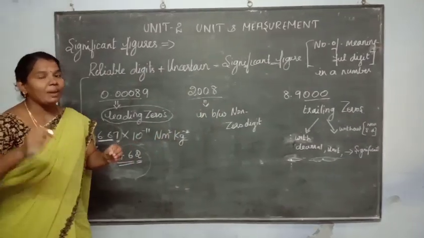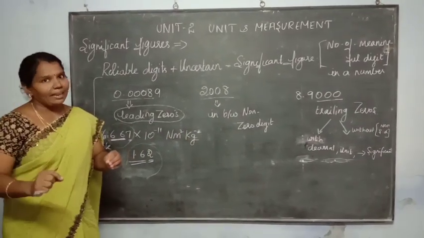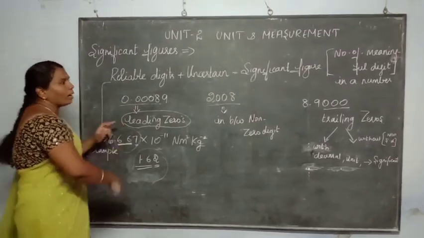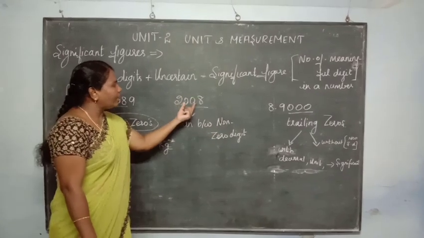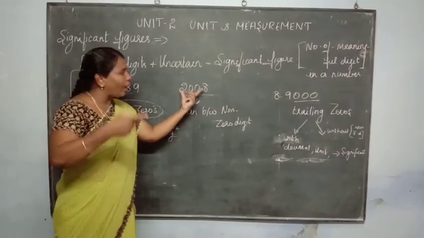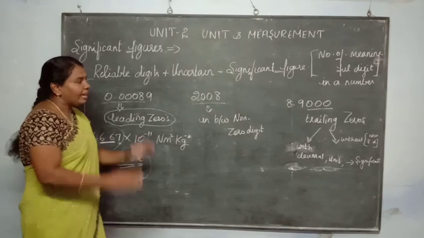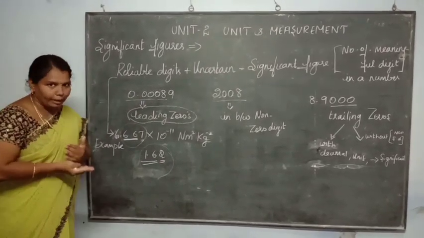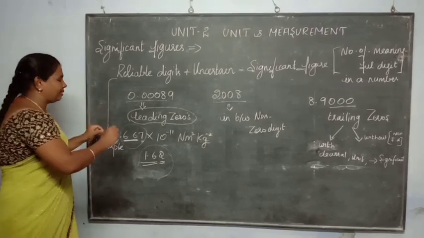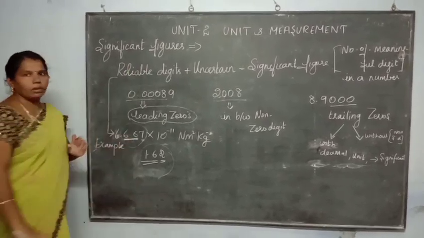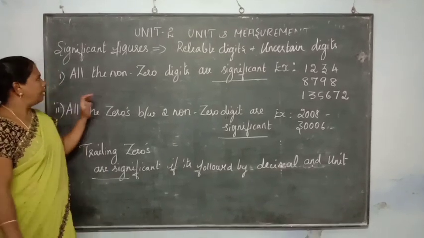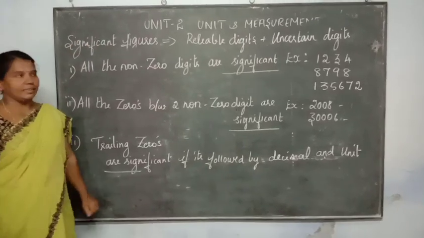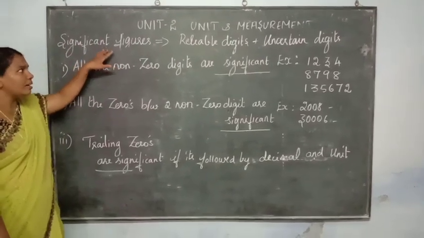Now I am going to explain step by step with some examples. I need to explain what is a leading zero, what is a trailing zero, what is a non-zero, and what is a zero that exists between non-zero digits. Now I will give some rules and regulations for determining the significant digits. As I said, there are some rules to be followed for significant digits, so keep them in your mind always. What is called a significant digit?